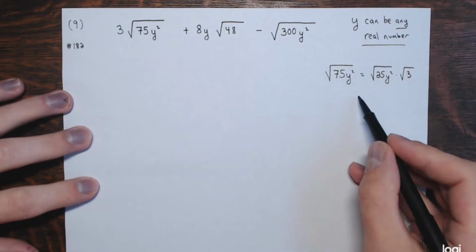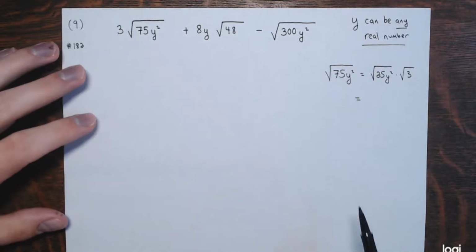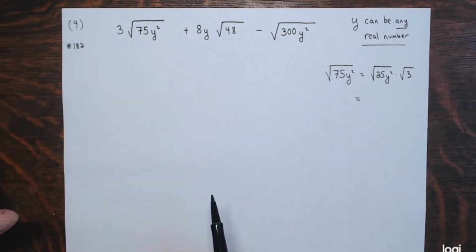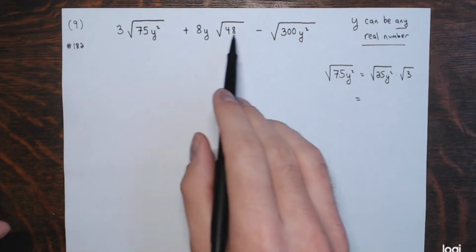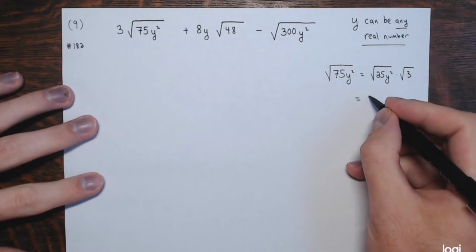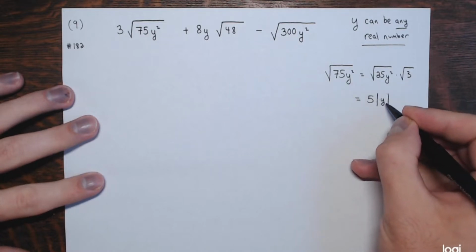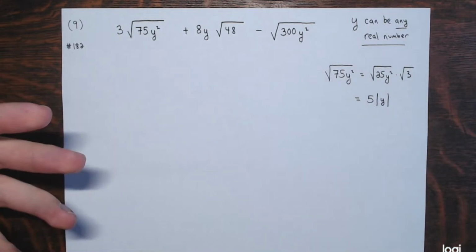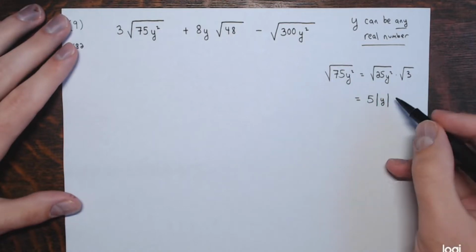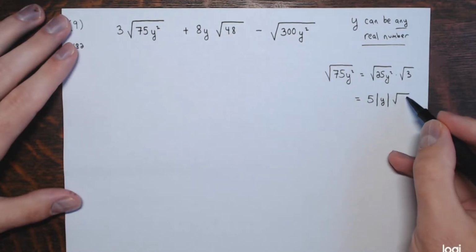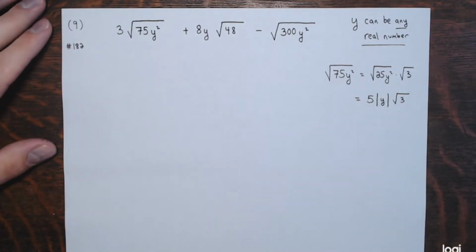Now, remember, y can be any real number. It can be a positive number, it can be a negative number here, and we're totally fine. We don't have any non-real. We can plug any number in for y in the original expression. So this is not just 5y, it's 5 times the absolute value of y. If you put just 5y, that wouldn't be correct, because if y were negative, that would be an incorrect simplification. So we have 5 times the absolute value of y times the square root of 3